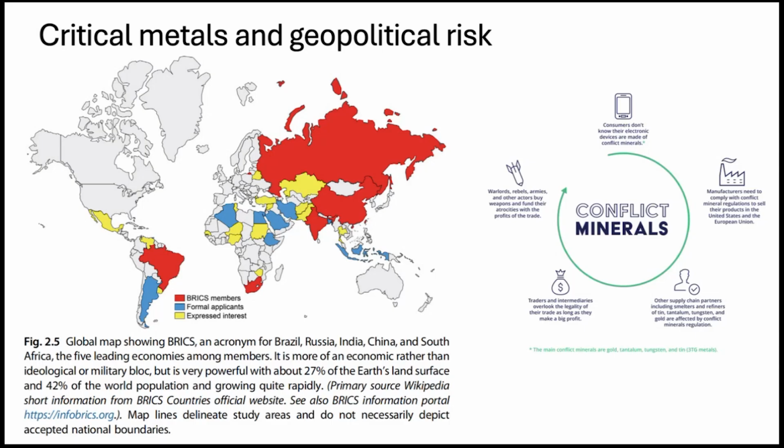The textbook doesn't really talk too much about conflict minerals, but I'm introducing it here because it's an important concept. When we think of supply chains, we also have to consider that, let's say in Canada, we don't want to necessarily buy cobalt from the Democratic Republic of the Congo, which controls about 70% of the global supply of cobalt, because of their human rights and environmental record.